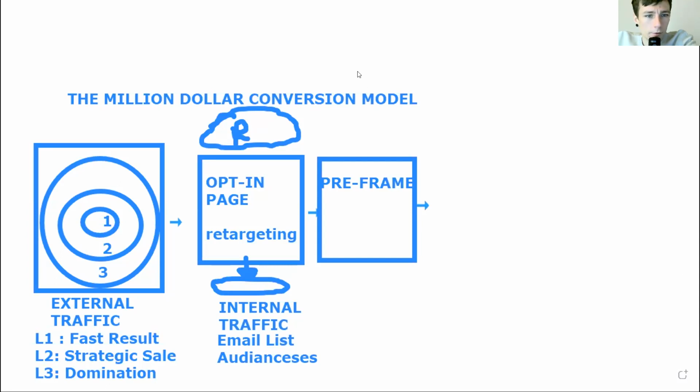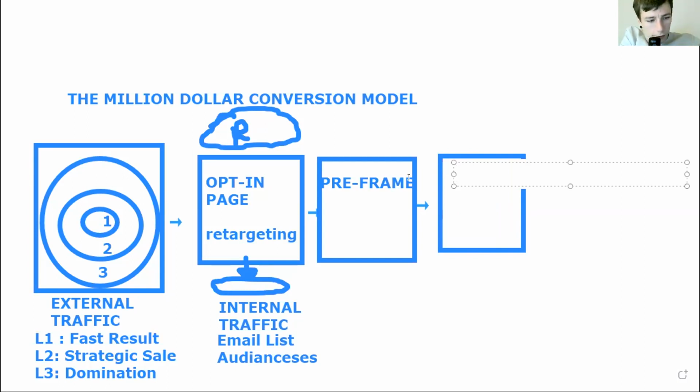The product here is irrelevant. This is where you make money: you've got a product or service and you make a sale.